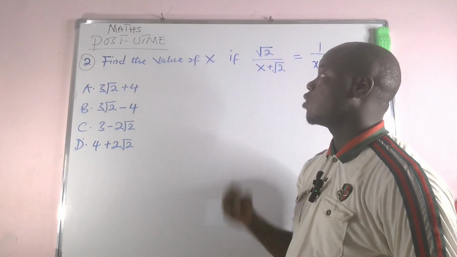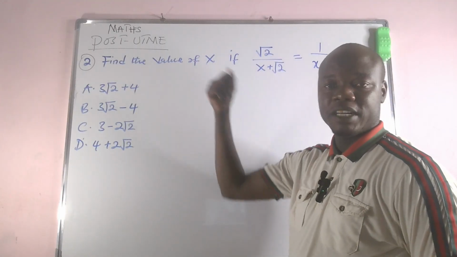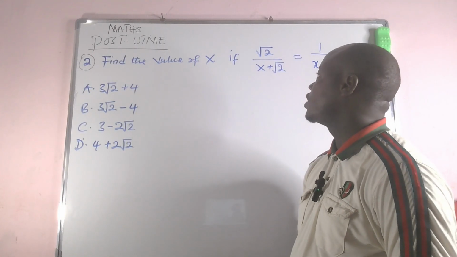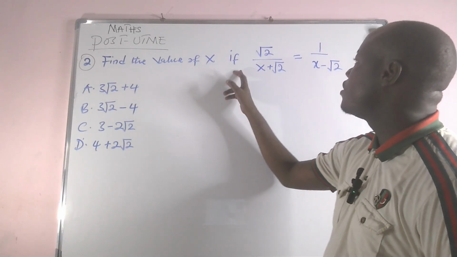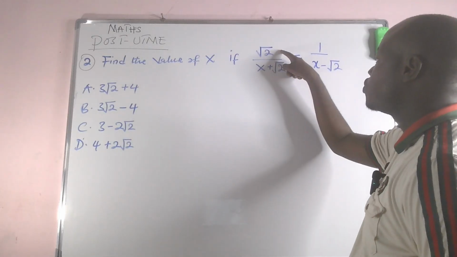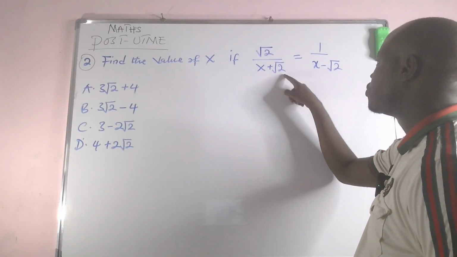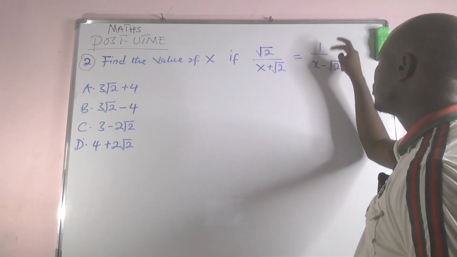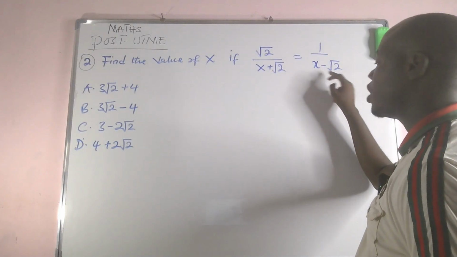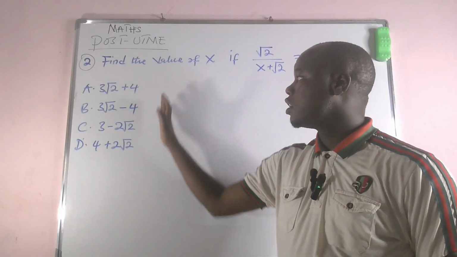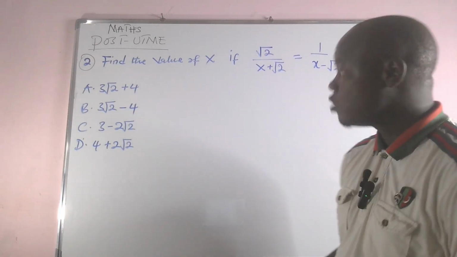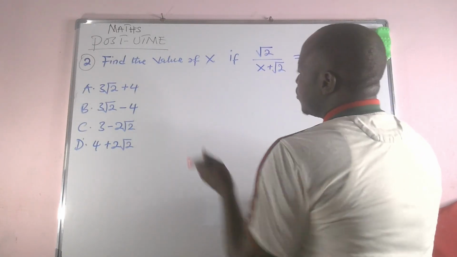So, let's look at another question from mathematics first UTME first question paper. The question says find the value of x if root 2 divided by x plus root 2 is equal to 1 all over x minus root 2. And these are the options. So now we are going to say